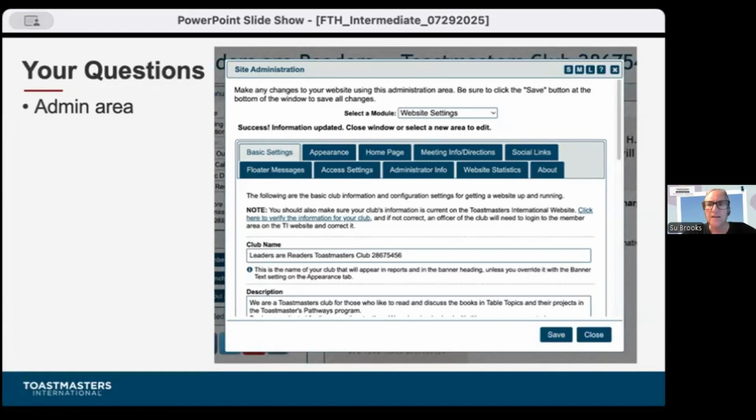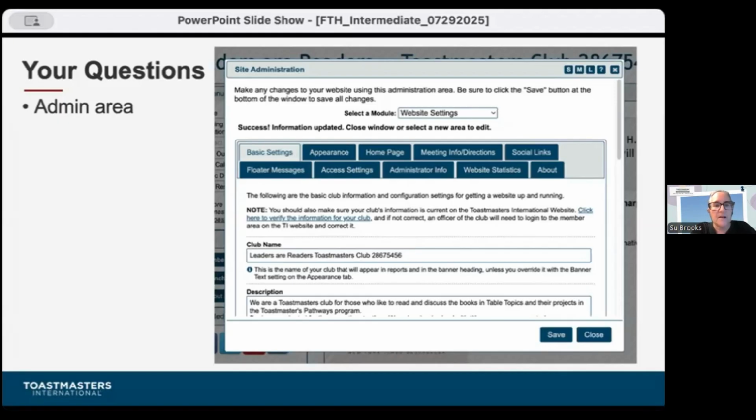And that's good to keep in mind if you change locations, if you are in person, hybrid, or online only, let people know through that information. If you have social media links, you can add them there. If you want to invoke a floater message at the top of your screen on your homepage, you may. One for members and one for guests.